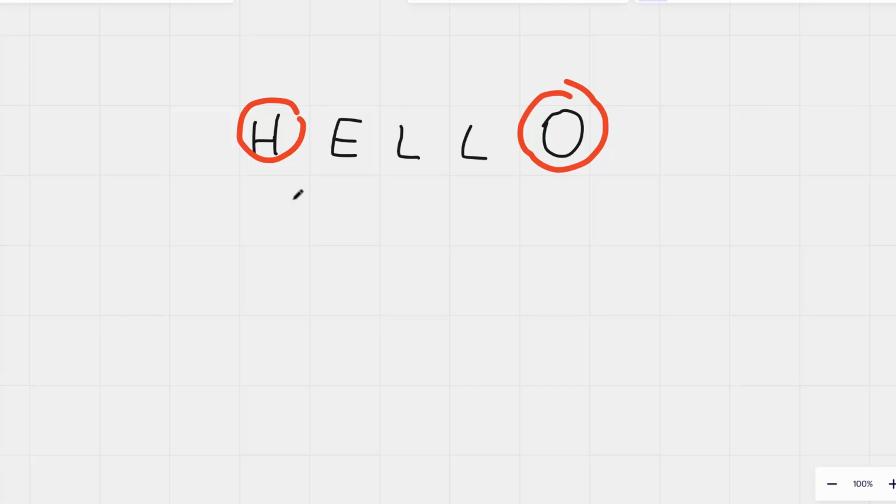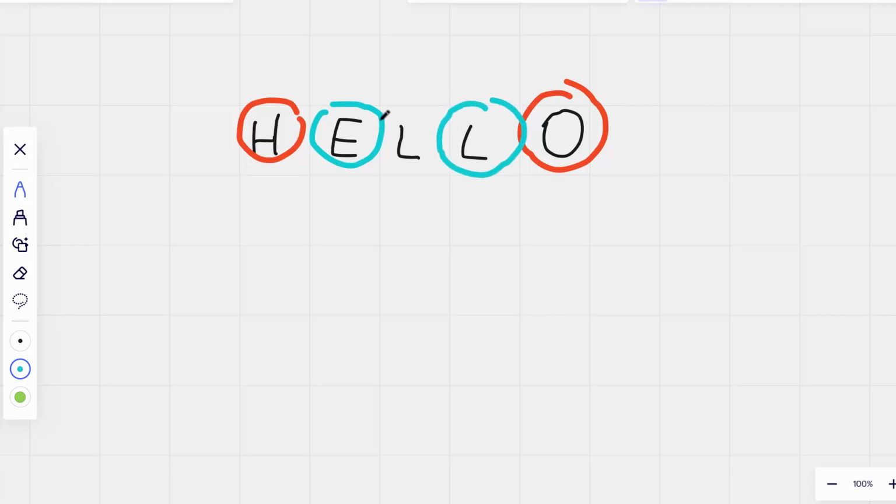So according to our task, let's say we have the string hello and we need to reverse it in place without an additional container. What exactly will happen when we reverse our string? In the reversed string, the first element will be the last element and the last element will be the first element. Then the second element will be the second from the end, and the element second from the end will be the second element. So it's a good idea to use a loop here, and in each loop iteration we are going to switch corresponding elements.